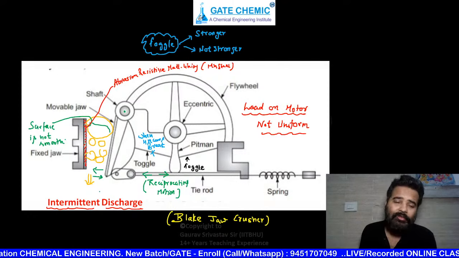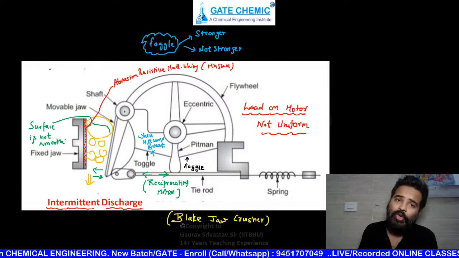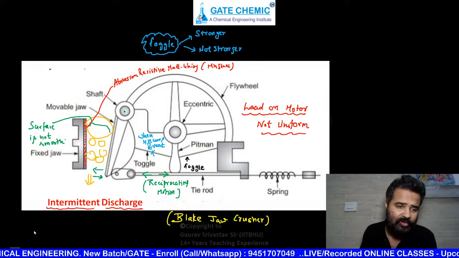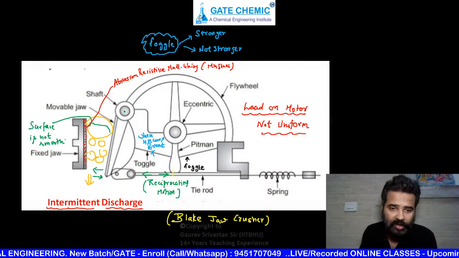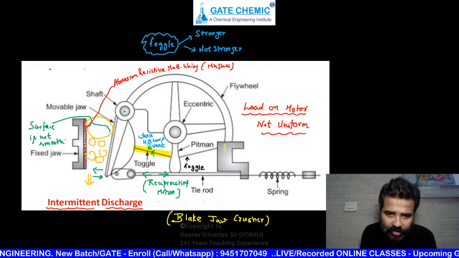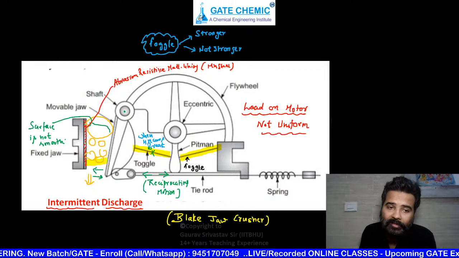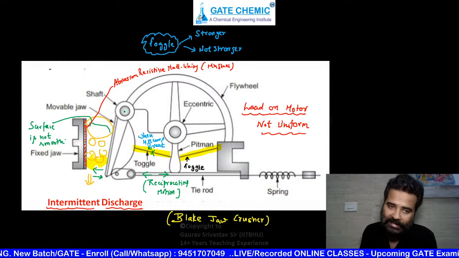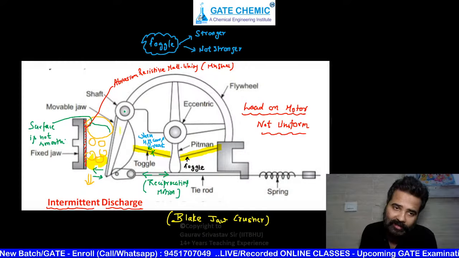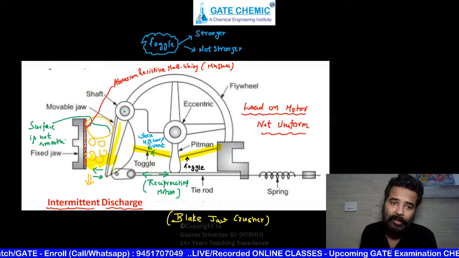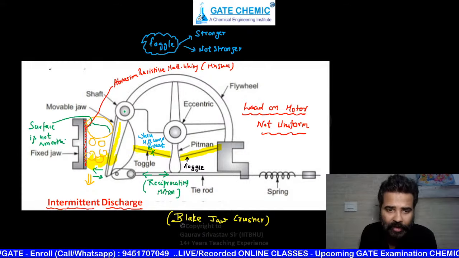This is a 2D diagram from your standard books. Here also there is no need to write anything. I just want to show you a few things with the help of this diagram, beta. See here, this is known as the toggle. If some hard material comes here, then clearly this moving jaw can be destroyed. So just for safety, we are using toggles here.